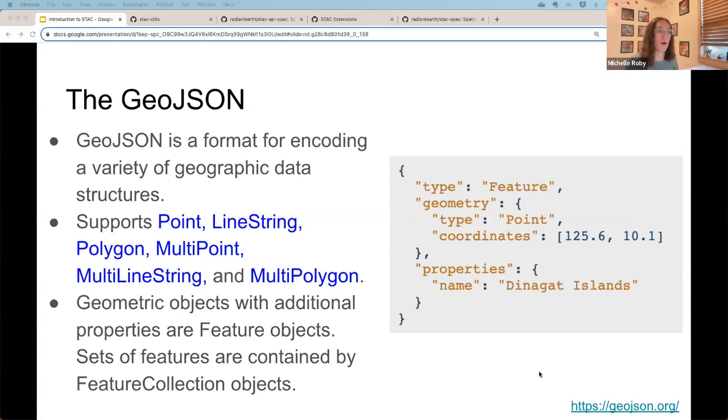This existed before, and the creators of STAC felt like it was a good way to simply describe the data, in a way that is familiar to people potentially, and that already has a format established that works. So this is just GeoJSON, this is not STAC yet, but when we're looking at STAC, you're going to see a lot of really similar formats because many parts of STAC are just GeoJSON with additional fields.